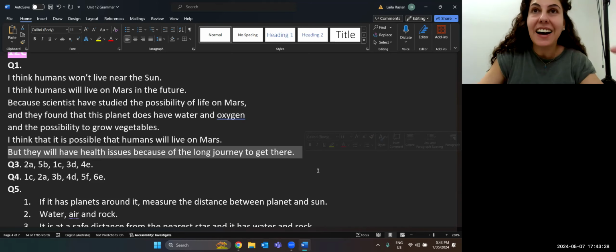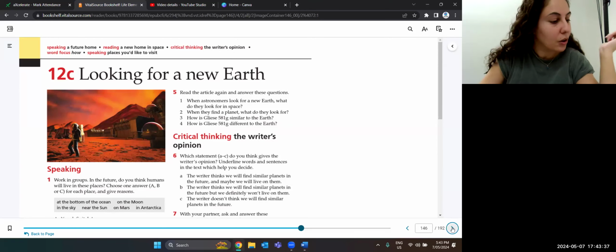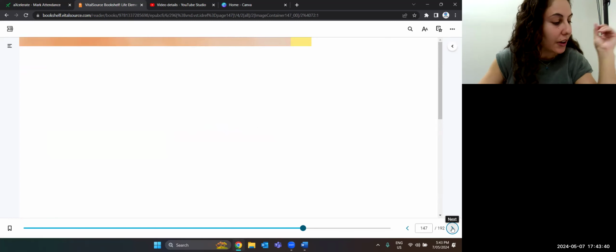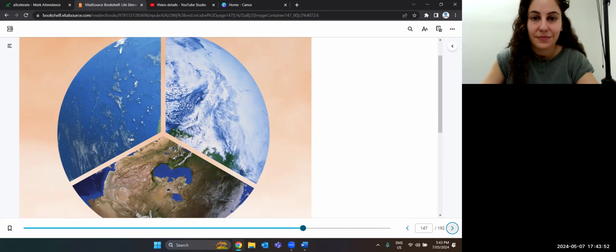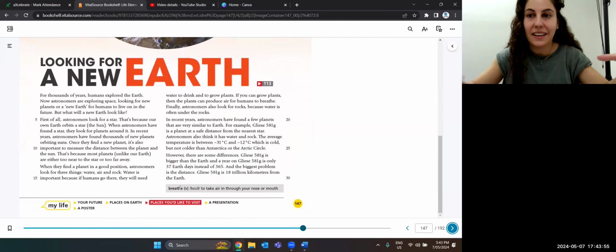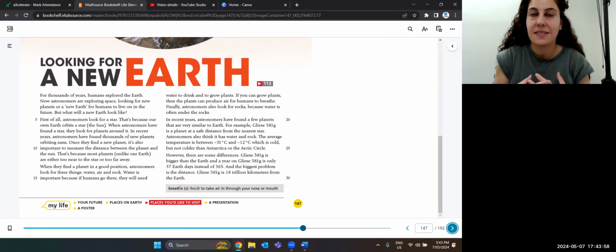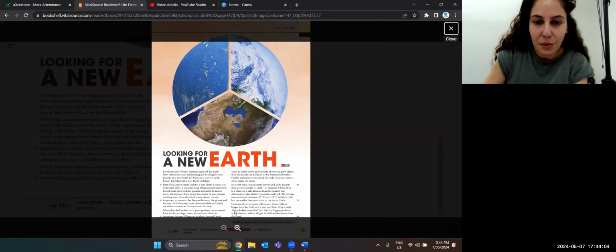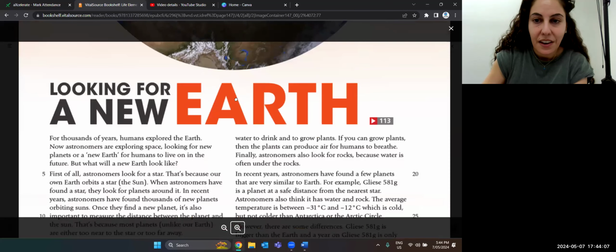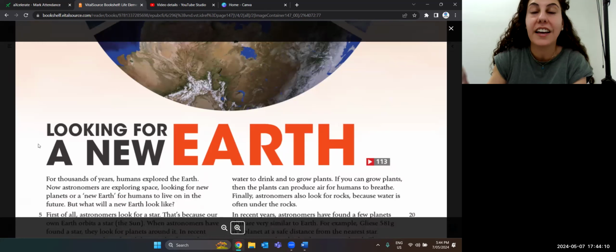Okay, let's read the article and we're going to read together so you guys will get extra practice for being in class today. We have an article today. It is called Looking for a New Earth. Okay, so we can see that this is our world. This is our Earth, where it is made up of sky, the atmosphere, land, and ocean. And all the elements like minerals and vitamins. So let's read together. And we will read to practice our English. Okay, so the title is Looking for a New Earth.